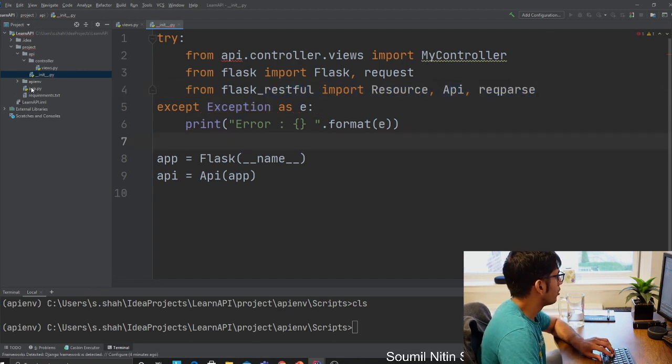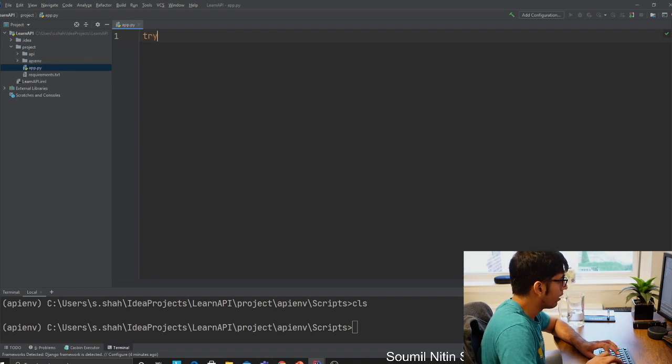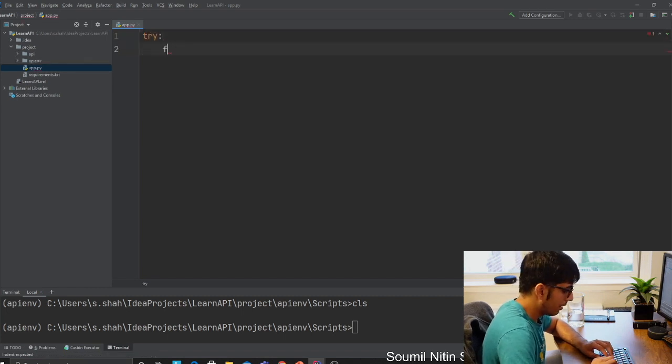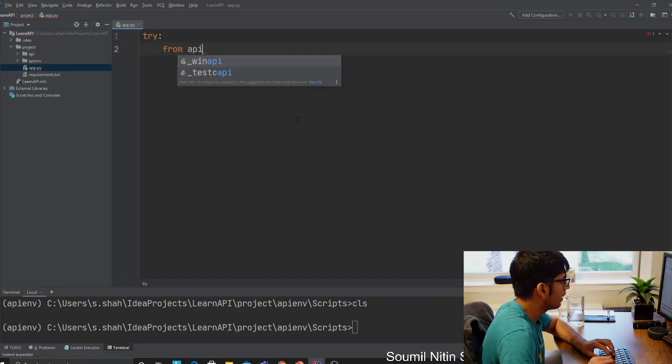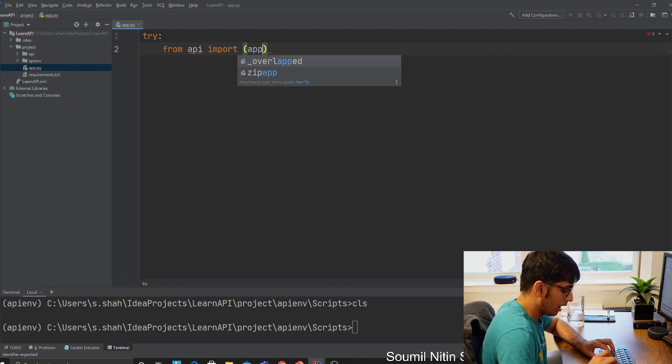Now let's come to the app.py that's in the outermost directory. Now all you gotta do is basically you gotta import those files here. So let's do that. Try. Now you want to import that from a package, right? So from API, right? And from API, what you want to import? I want to use the round bracket symbol. I want to import the app.